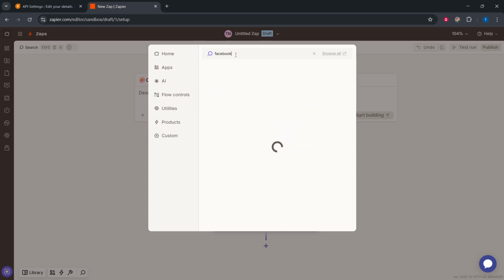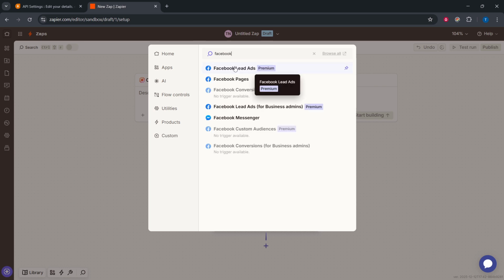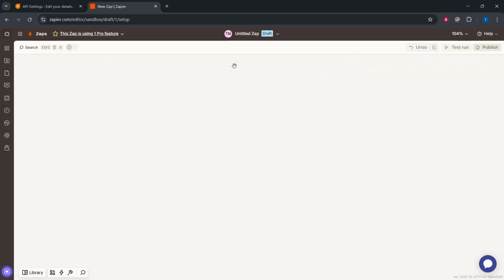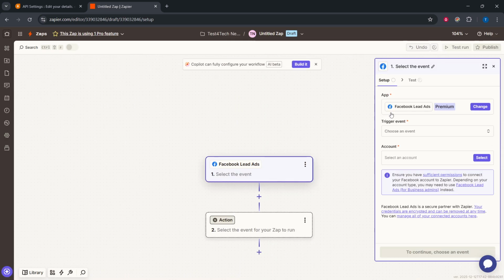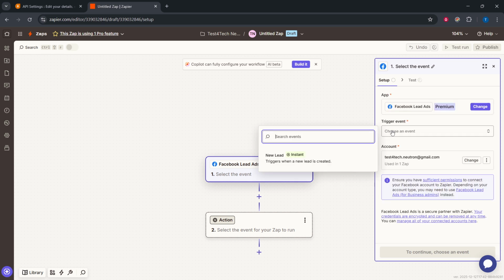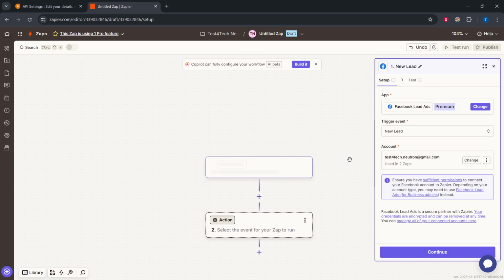In Zapier, create a new zap. A zap is simply a trigger followed by an action. For the trigger app, choose Facebook lead ads. Select the trigger event called New Lead. This fires every time someone submits your Facebook lead form, so it's ideal for capturing prospects the moment they respond